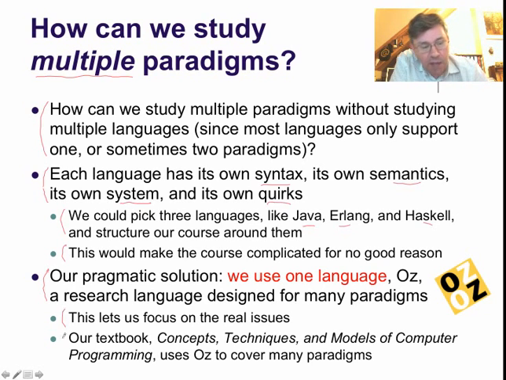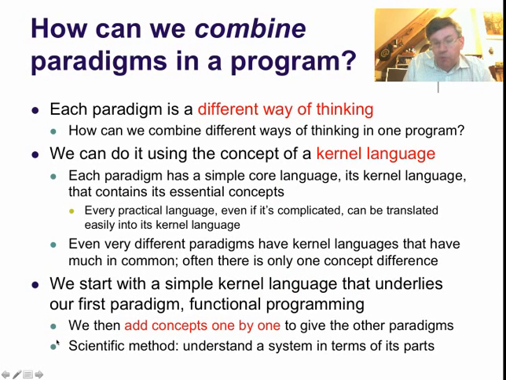And the textbook that we'll be using, Concepts, Techniques, and Models of Computer Programming, is uniformly based on Oz and covers very many paradigms. And in fact, our course will cover approximately 1/3 of this book. So that's the point. We will use Oz now. We use Oz so we don't have to learn very many languages to learn many paradigms. The second point, how can we combine